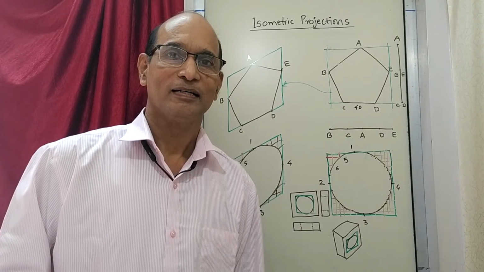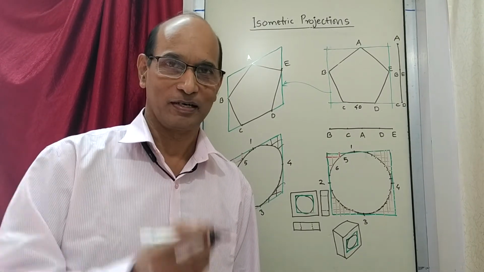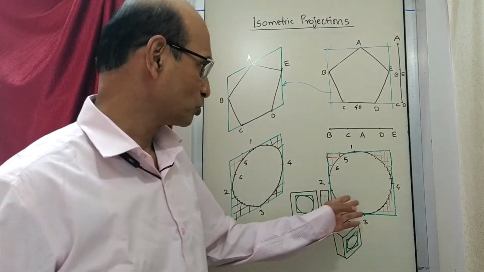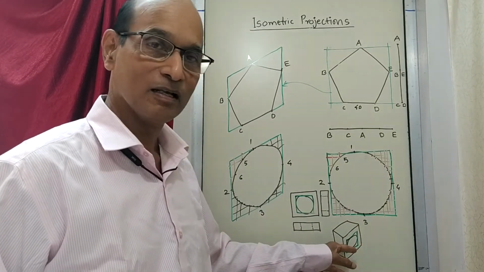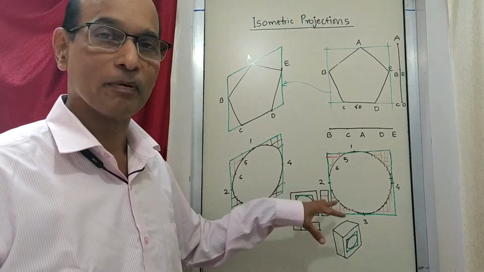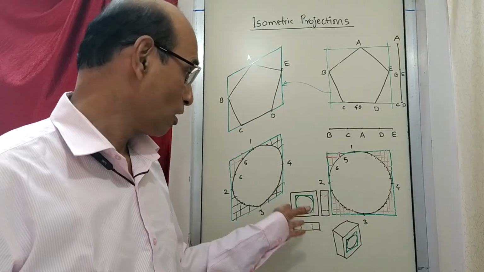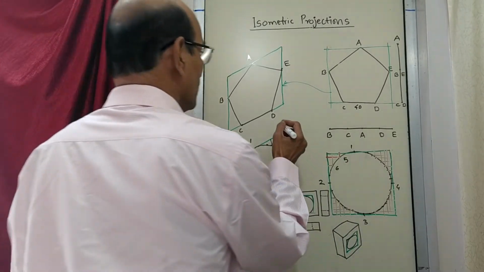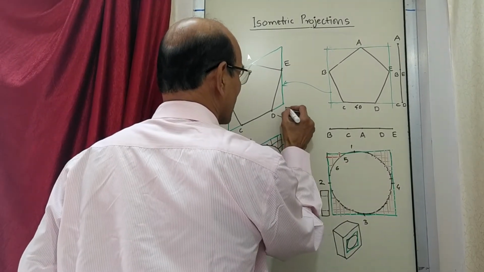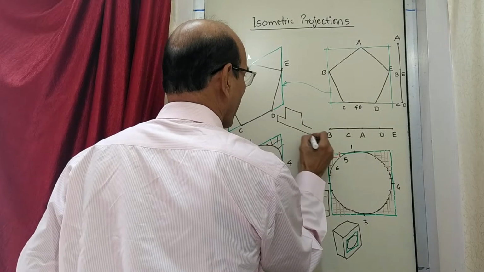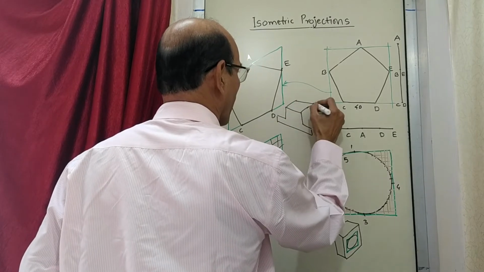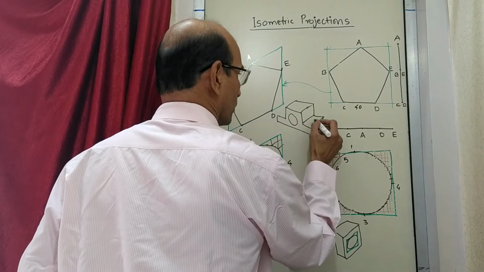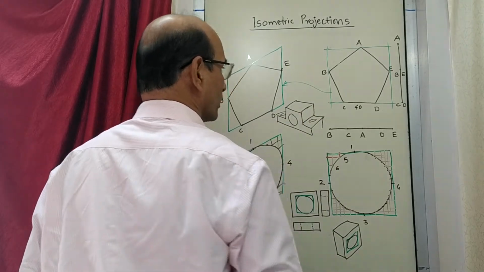Is it okay? You should say it is not okay. Why will you say it is not okay? Because who will spend such a big time for drawing a circle? Because in your object there could be many complex figures. The figures may have many more circles. There could be an object, if you remember, there was sometimes an object like this, where there was one hole here, one hole here, one hole here, maybe one more hole here.